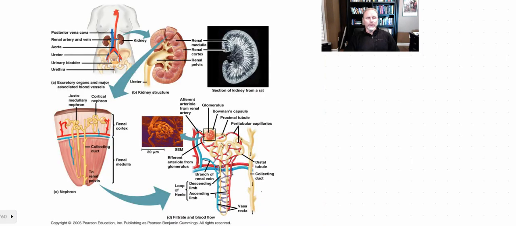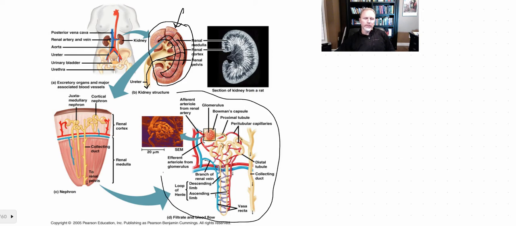Okay, so here's what we're looking at. We'll come back to this periodically, but you can see here's your kidney, and with this kidney you're going to have the outer cortex, and you're going to have the inner medulla, right in through here, and then all of these things are going to drain into this ureter and down into the urinary bladder. And now this kidney up here, if we blow this up, it's going to be organized into about 1 million of these nephrons.